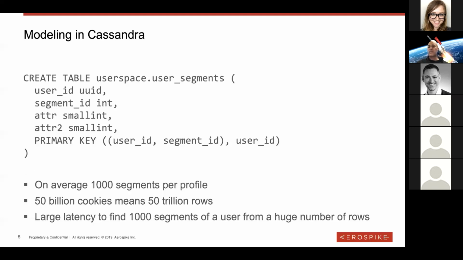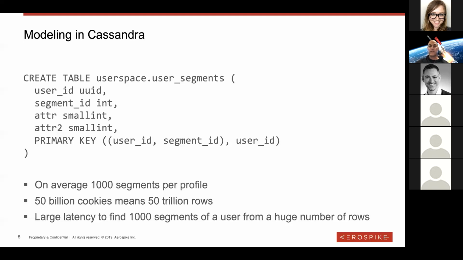Because they couldn't retrieve a single user, they had a system with an edge database. They will first look in that edge database for the cookie. If they can't find the cookie there, they will go to this larger cold store to retrieve the user. But the amount of time, many seconds to almost minutes, to retrieve it is not practical. You're not able to participate in bids. This user is currently active. You see their cookie, that means they're online, and that's when you want to bid for them. It's just going to take too long to do it.